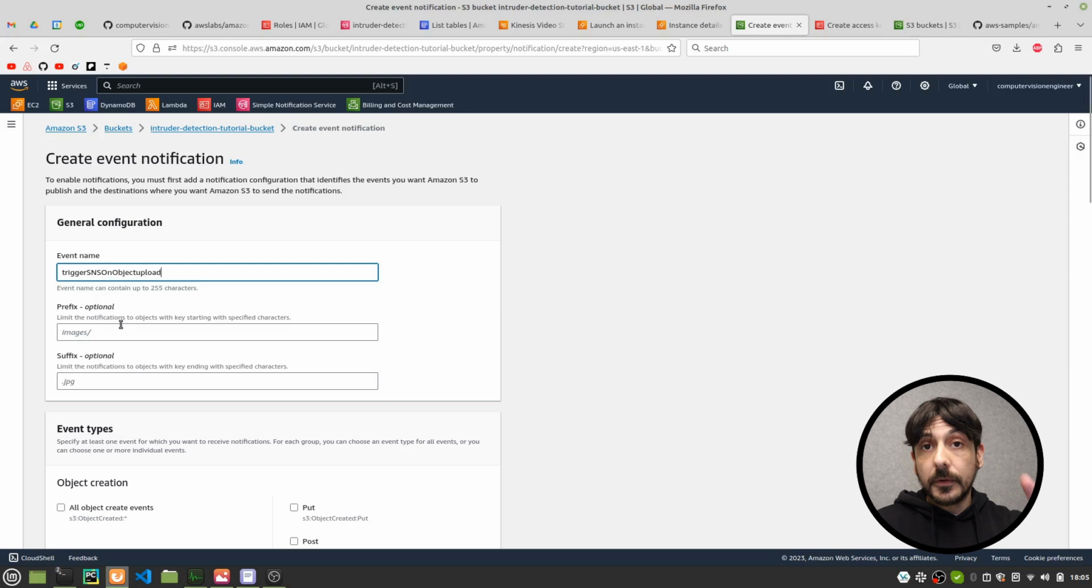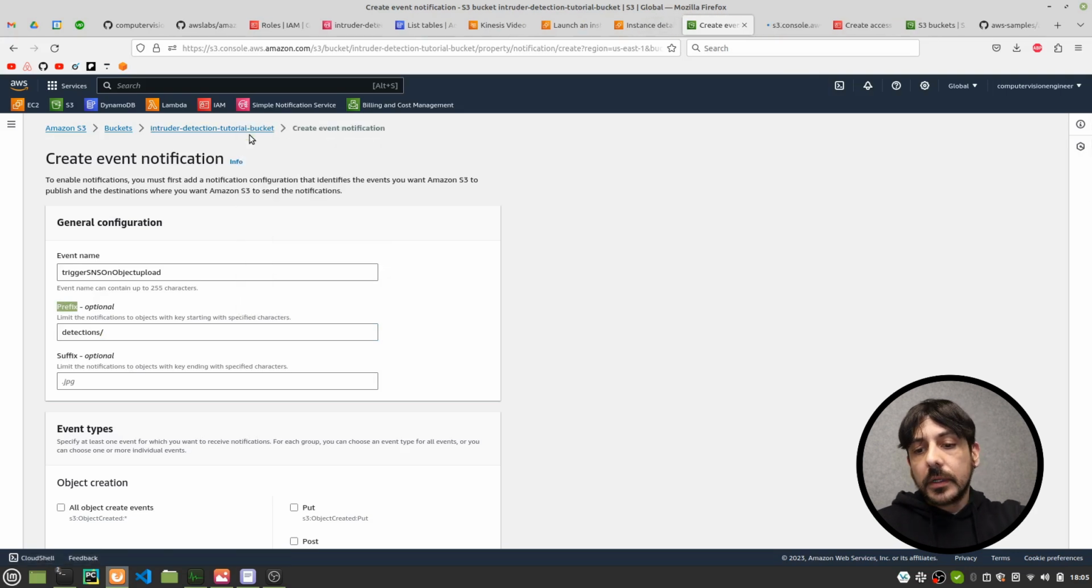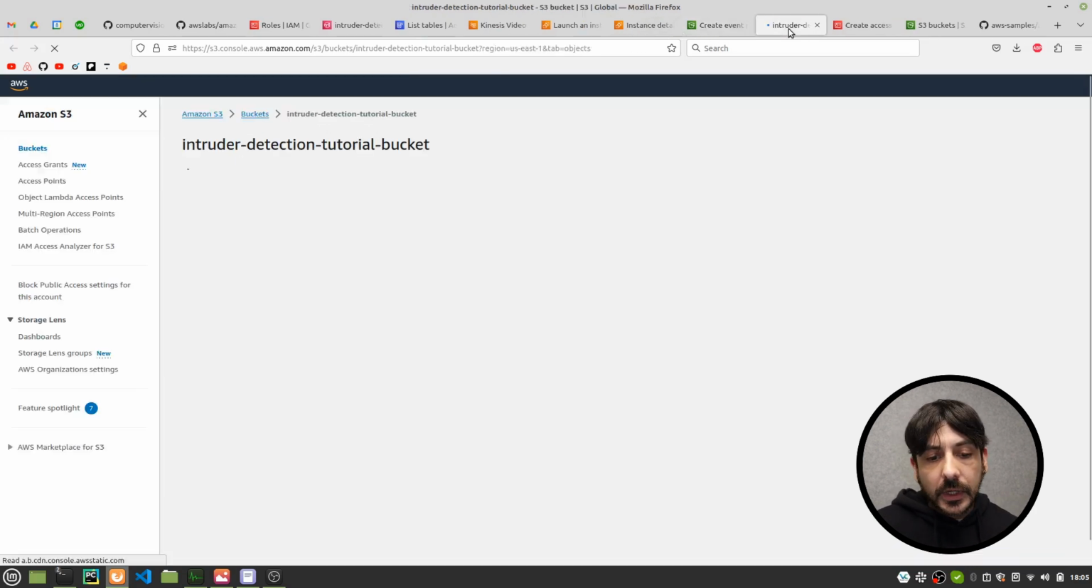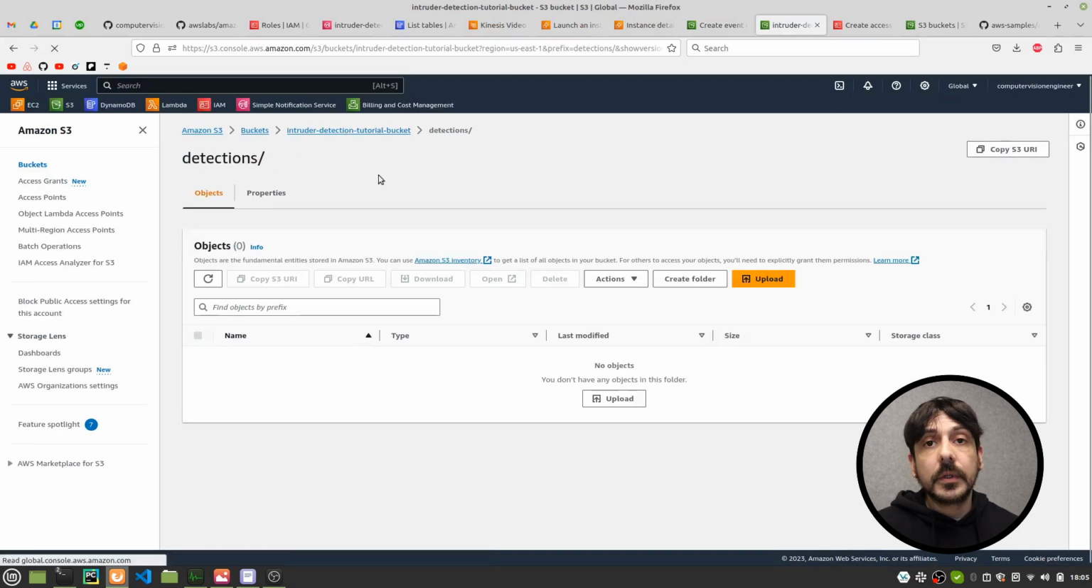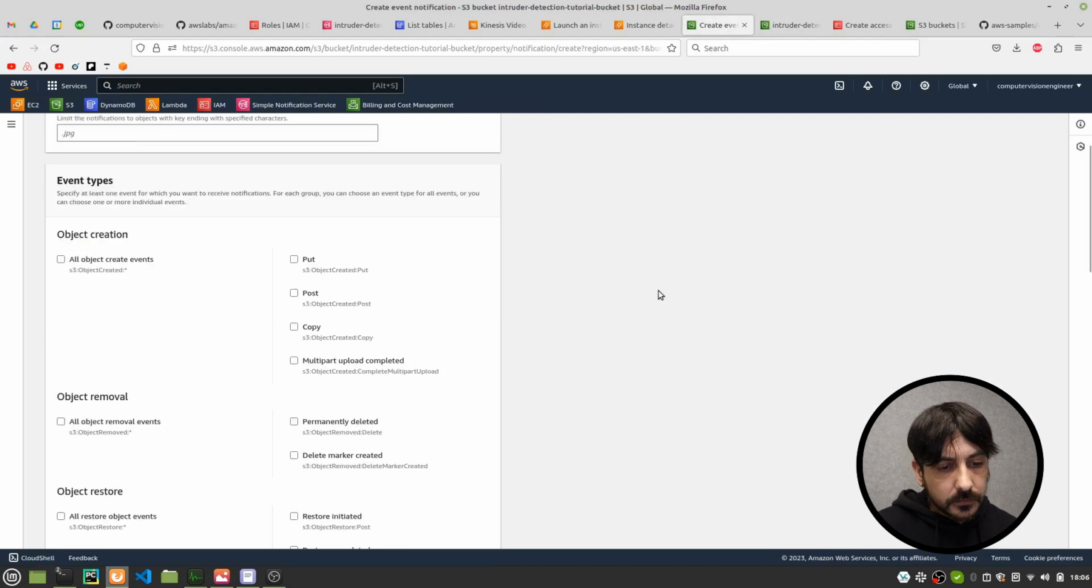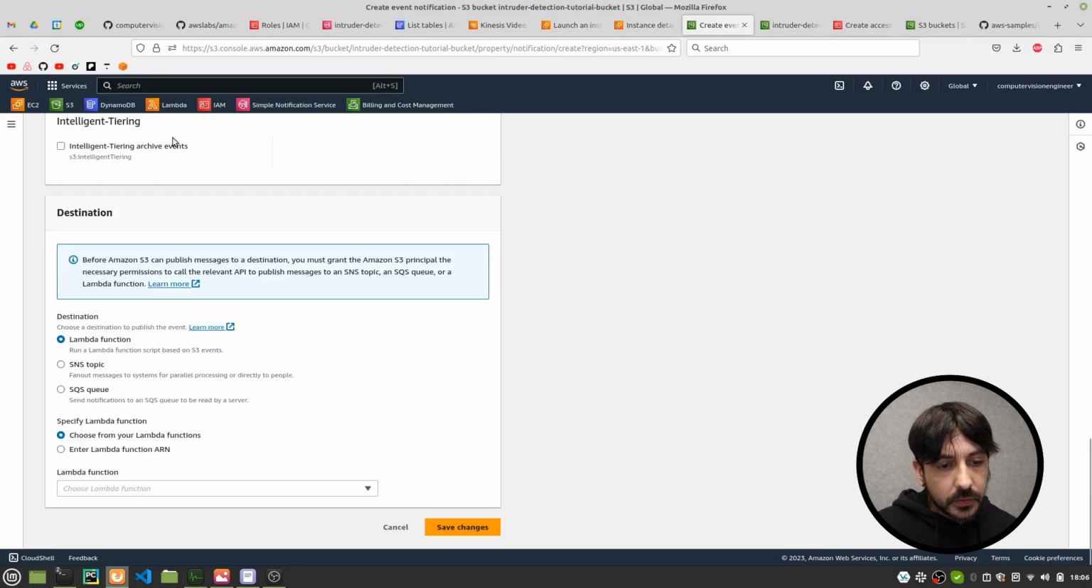Okay, then the prefix, this is very important. We are going to trigger this SNS only for the files we upload with this prefix, right? Because remember, we don't want to trigger this notification on absolutely every single file, but only for all the files we upload into this directory. So let's continue. I'm going to select all object create events, and then scroll all the way down,